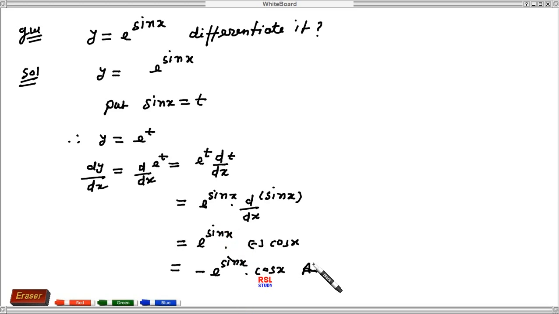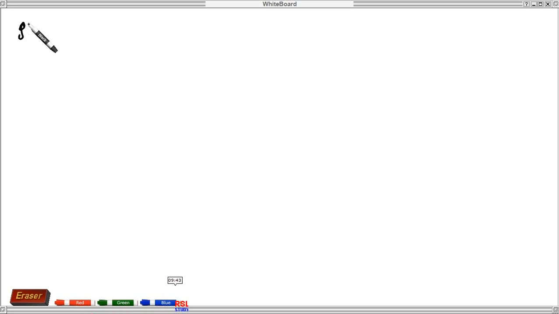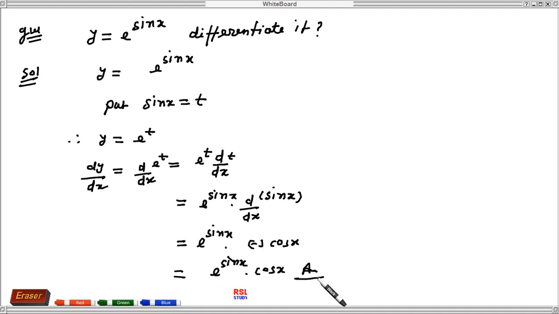Here is something wrong. d/dx of sin x is not minus cos x but only cos x. So here there should not be a minus. Means in the previous question here it is only plus, here minus should not be there. Just remove the minus, you should make the improvement yourself. Remove the minus, the answer is only e power sin x cos x, no minus. As the answer you are seeing, there is no minus, here the minus has been written mistakenly.